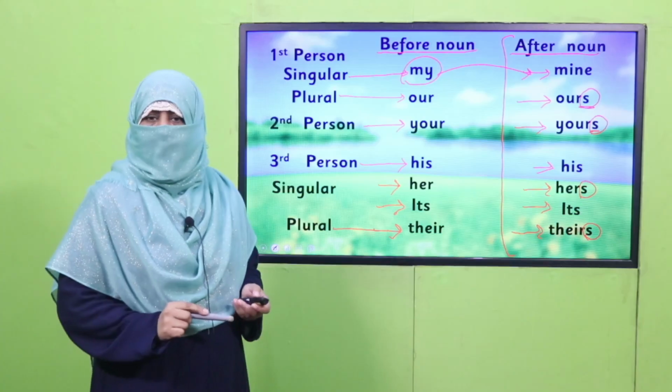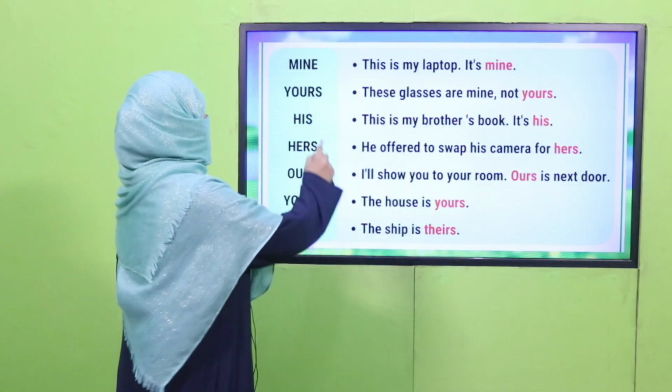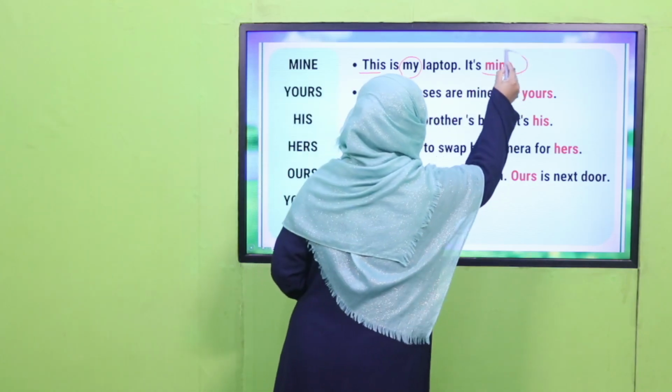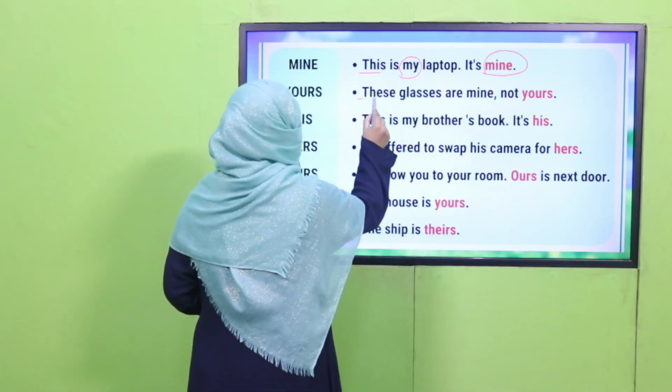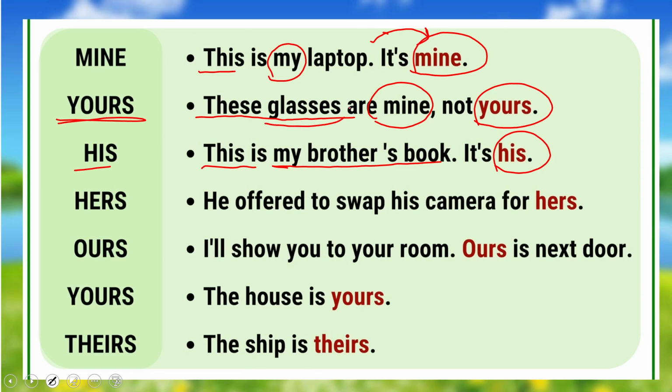All right. Now let's see how do we use it. This is my laptop. It's mine. These glasses are mine, not yours. Okay? Not yours. This is my brother's book. It's his. Now you see, when we are using it after the noun, after the possession, we are using it